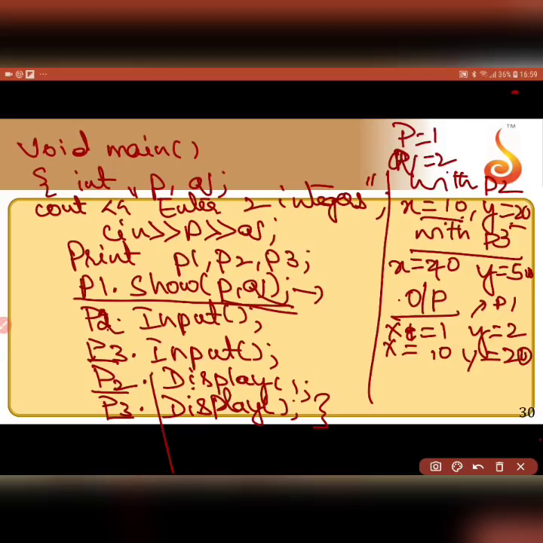Then I am calling the same display function using P3. So using P3, what were the values I entered? 40 and 50. So I will say x is equal to 40 and y is equal to 50. This would be the output of the program.